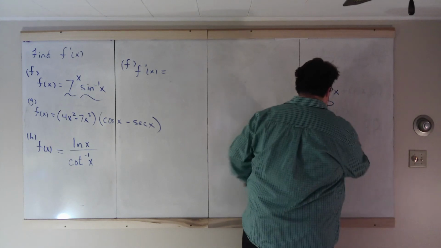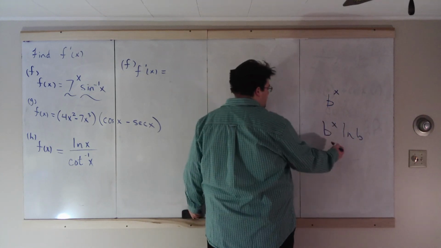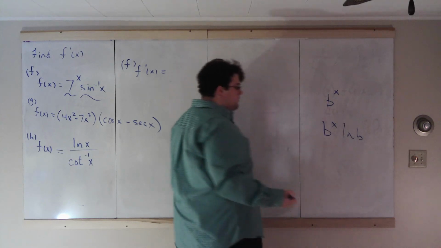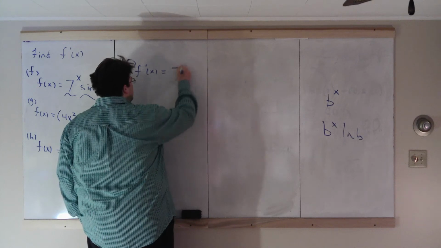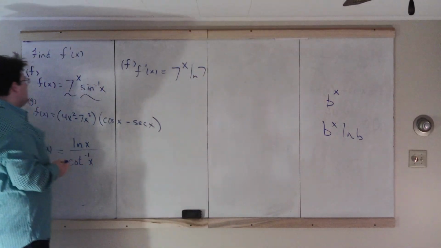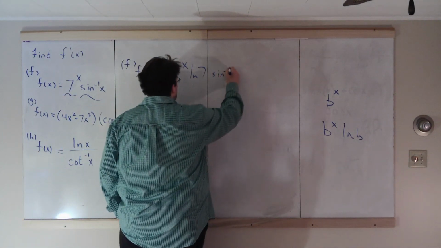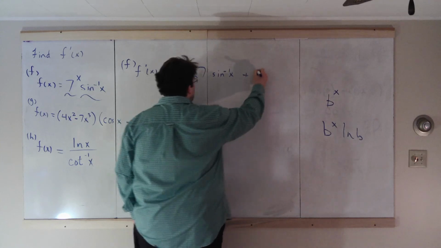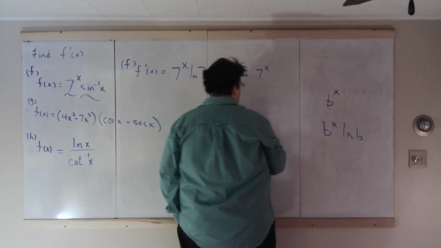But the general exponential says the derivative of b to the x is itself times the natural log of the base. So here, b is 7, so we have 7 to the x, natural log of 7 is the derivative of the first. Leave the second alone, sine inverse, plus, leave the first alone. Derivative of the second, well, on page,